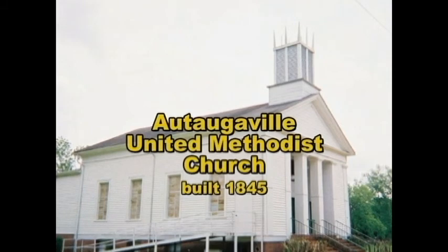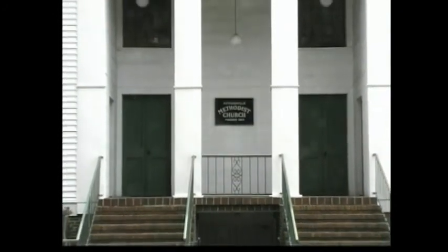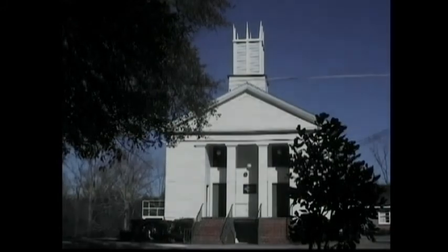Architectural historian Bob Gamble describes Otaugaville Methodist as a plain old country Greek revival church. It has two doors that open onto the recessed portico at the front of the church. And these two doors were very typical of Methodist, Baptist, Presbyterian churches in the early 1800s, right on up to the early 1900s, because of gender separation in the congregation. Generally, the men would sit on one side and the women and young children would sit on the other side, and they tended to enter separate doors, and then they would all mingle after church on the portico